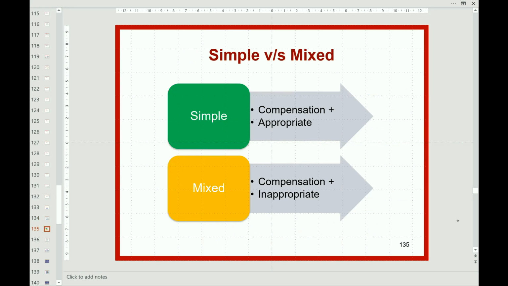In simple acid-base disorders there is compensation and the compensation is appropriate. In mixed acid-base disorders, there is compensation, but the compensation is inappropriate. What is inappropriate? Suppose we expect the bicarbonate to be normal, 24, with all the calculations, if it is more or less, it is inappropriate. Likewise, the normal PCO2 is 40. After all the calculations, the expected value is more than 40, the observed value is much different than the expected value of 40. Then we know that.